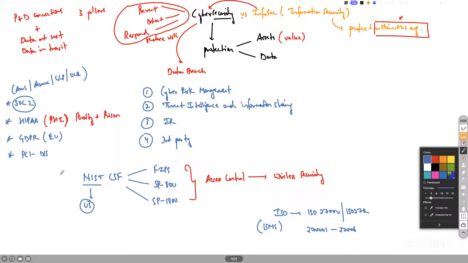Okay, so the takeaway from this would be to go back and maybe read more about these. For example, I talked about NIST special publication. So you should go back, see what NIST CSF special publications are. What are the different publications? What areas do they cater to? Bookmark them. The next time you're implementing some sort of a security policy, you could reference that document and see what that document really mentions.